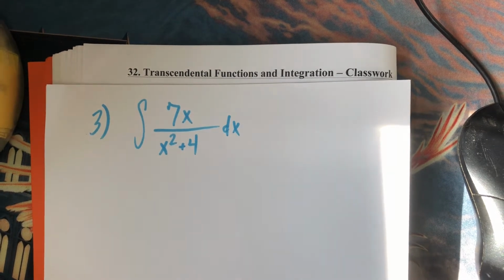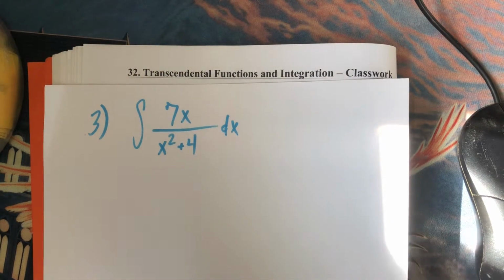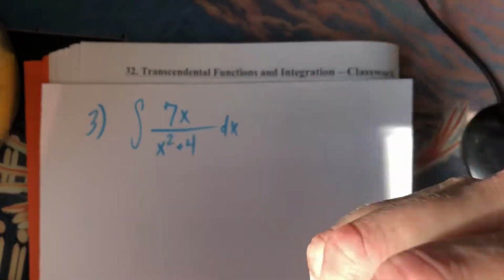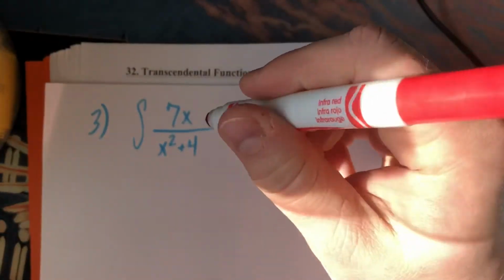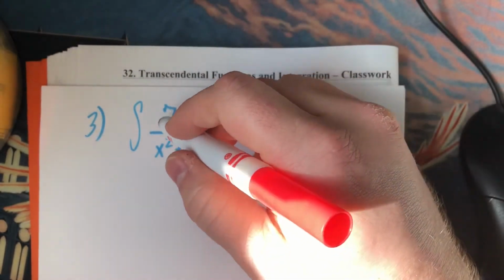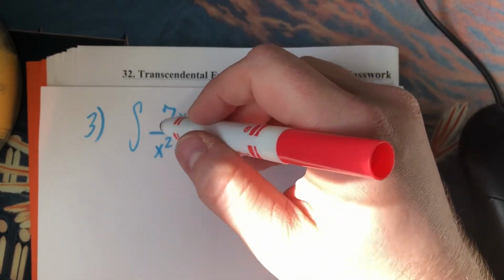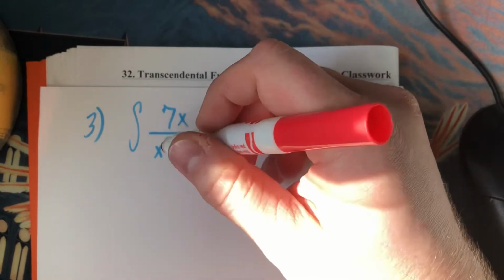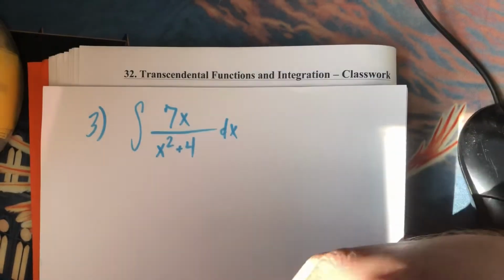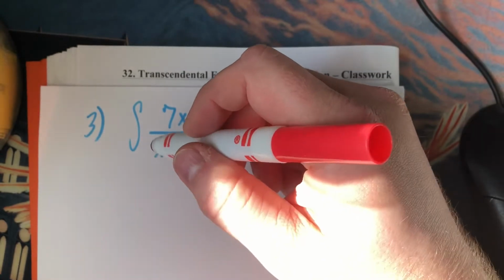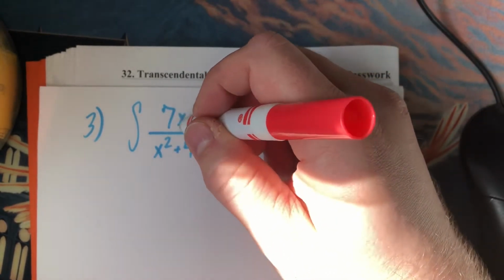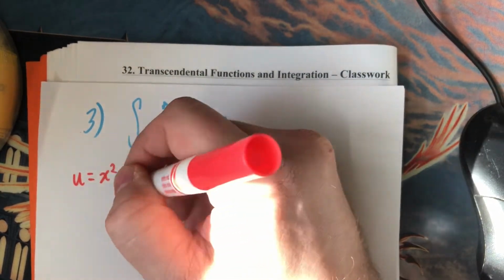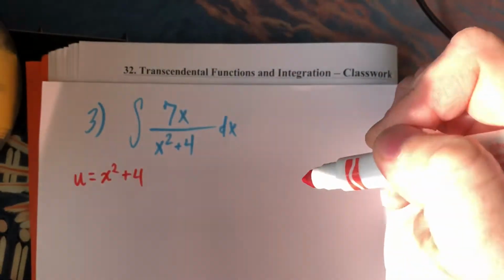And the clue to me that I want to use U substitution is the fact that I look at them and I think about derivatives, right? I know the derivative of 7x is 7, but my mind didn't go there. What I noticed immediately was, wait a minute, the derivative of the bottom is just a 2x. And if I was thinking chain rule wise, the 2x that pops out is kind of taken care of here with the x. And so the clue to me then is that U should be the entire bottom. And if I do that setup,